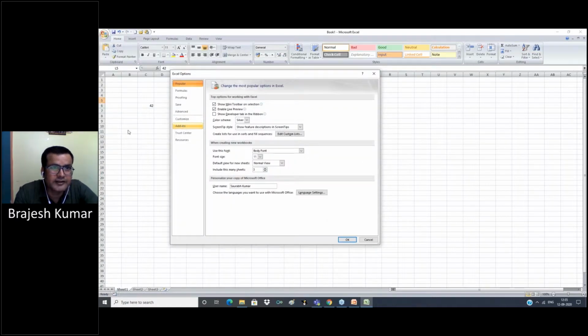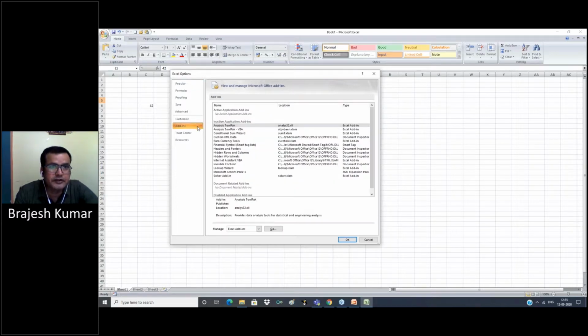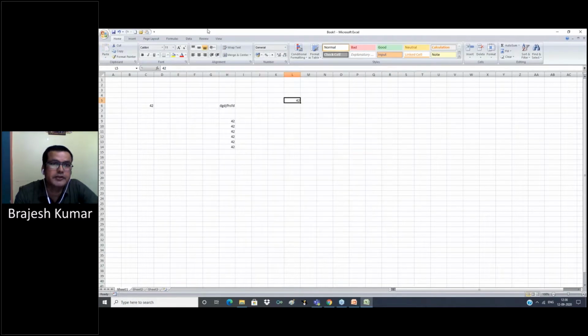Add-in is not for our use. Add-ins are inbuilt functions, which developers develop and add to the Excel ribbon. So Excel options is mainly used to customize your Excel workbook, your Excel ribbon, your quick access toolbar.